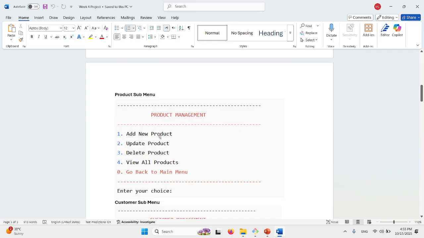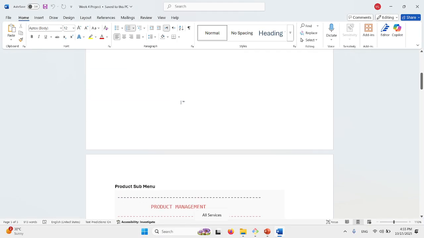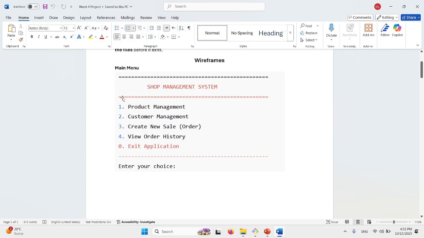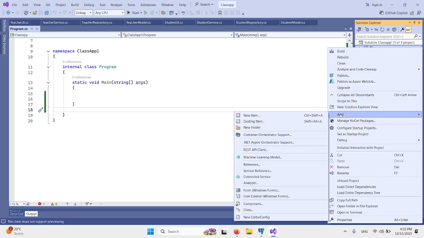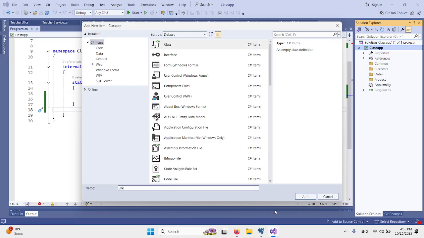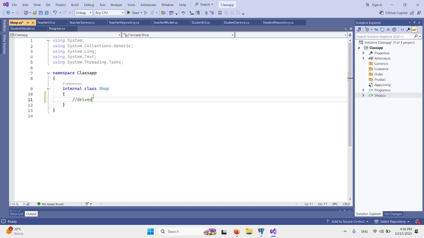So this is customers, product. Okay, well, let me go back, because if you see, the first thing is the shop management system. So we have a shop menu. So I think we make one general class, and we call it shop. In this class we will make different functions that will deal with the whole driving of the code. So this class will act as a driver code, and we will create the object of this driver class in the program, and everything will work. So right now, we call it a driver class.